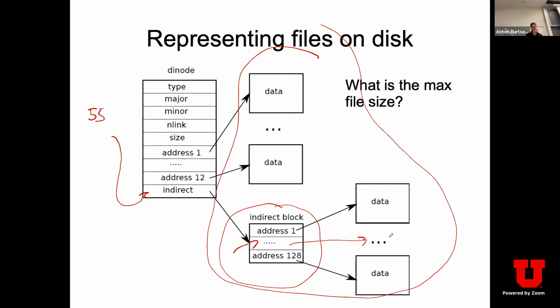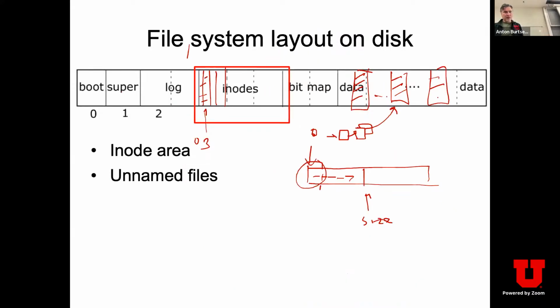Is the inode area variable inside of it, or is it always fixed? Well, in a real full-featured file system, it probably can vary. In xv6, it's defined at compile time. So when you compile the kernel,